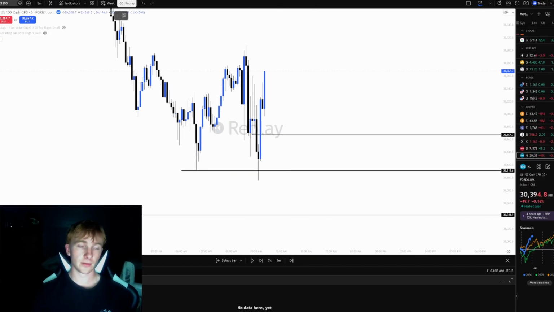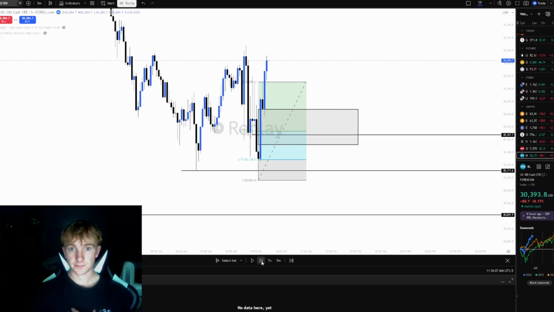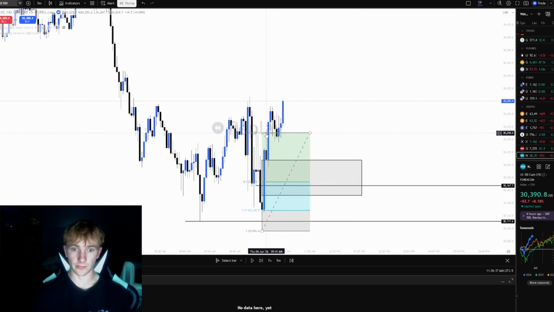As you see, we have our gap right here. We tap into the gap. Not necessarily equilibrium. I don't think we really get equilibrium. Yeah, I don't think we get equilibrium at all. But, you know, if you just wanted to trade the gap in more of an aggressive entry, you could have